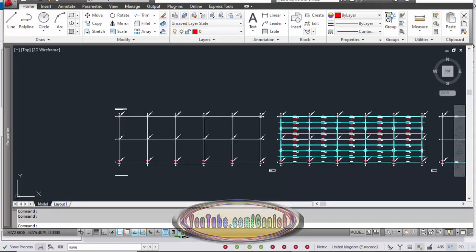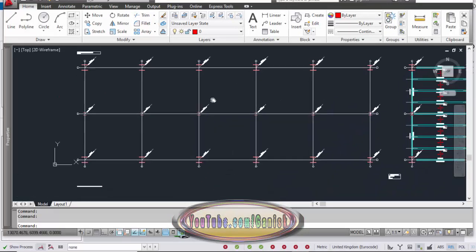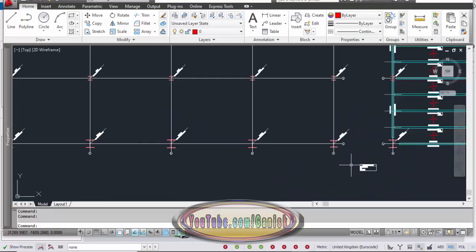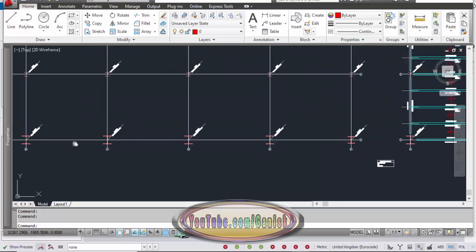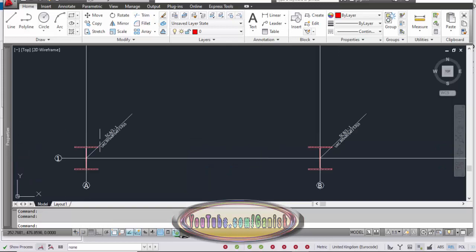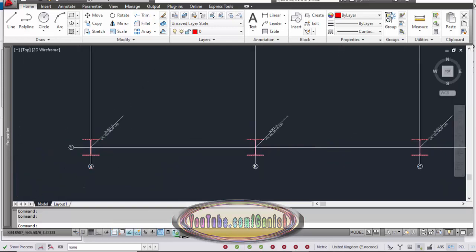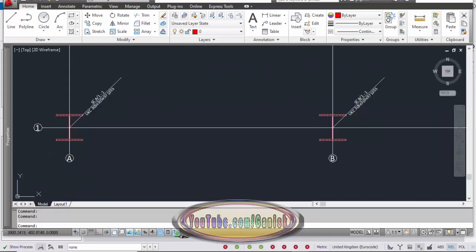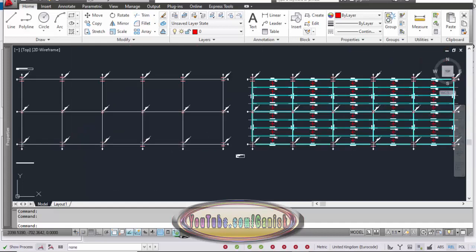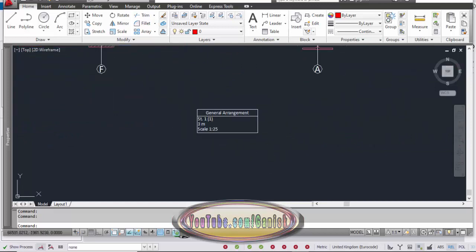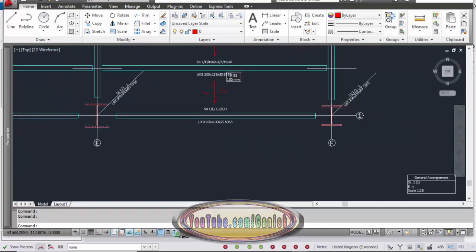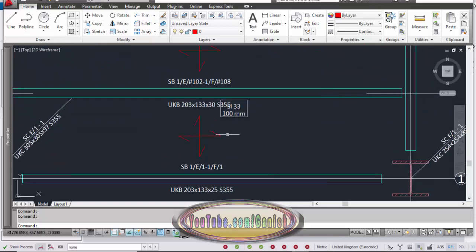Yeah, you can see now I have the information about the plan, base level drawing information. We have the column information with the column size and the grids. You can generate the distance between the two grids also. Okay, this is the first floor level. You can see first floor level information. This is the beam information. You can see